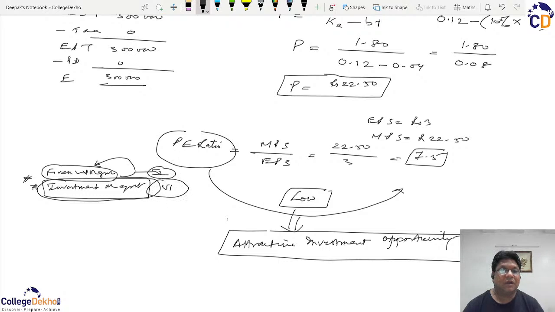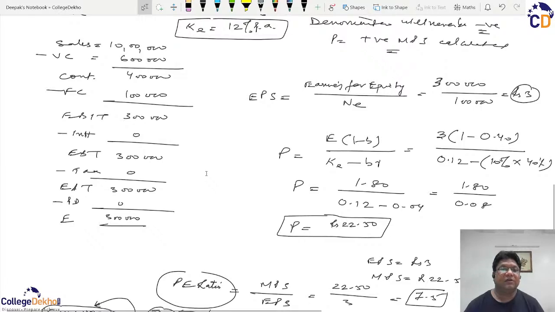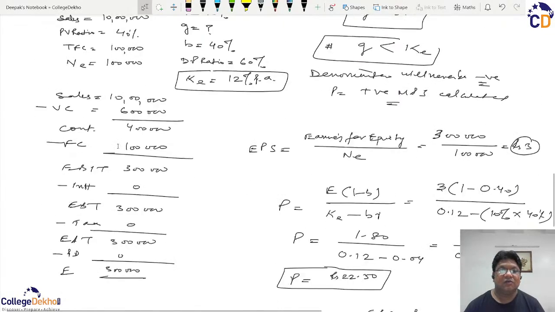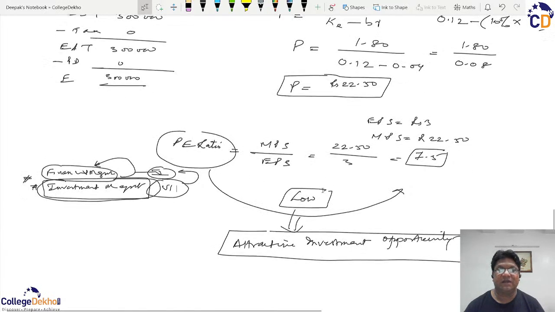That a single concept has been taken basically in the form of financial management in fifth semester, and then its application in the sixth semester as the investment management, because all these basic fundamentals of financial management can be used as a tool to have a much informed and better decision on investment. So if you see here, then from a simple figure of PE ratio, we are able to decide whether the investment is risky or not, because high PE ratio makes an investment little unattractive because of the inherent risk involved.